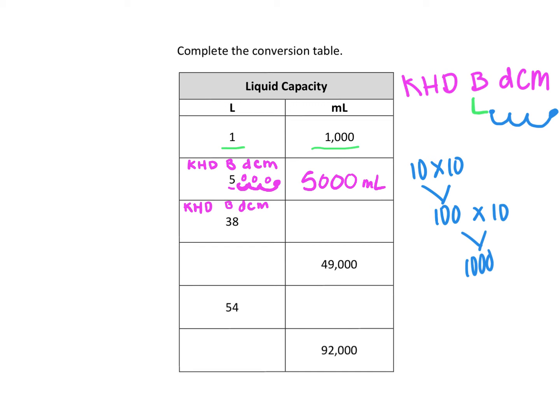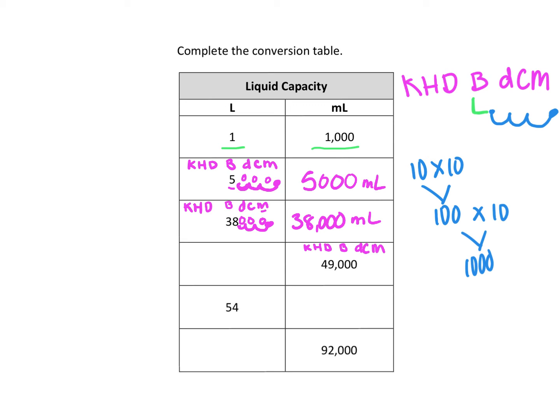If we have 38 liters and we want to find the milliliters, we're going to swoop to the right 3 times, move our decimal 3 points, multiplying by 10 3 times, and we're going to get 38,000